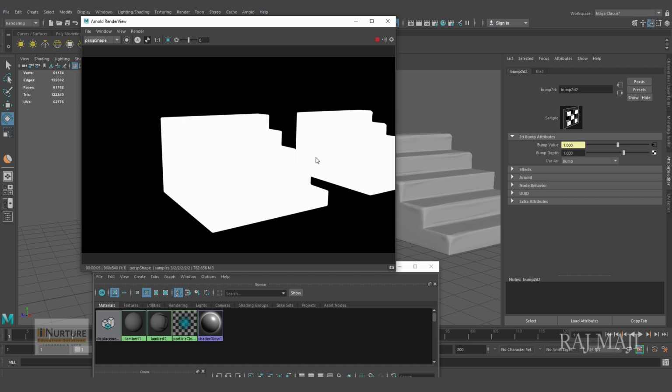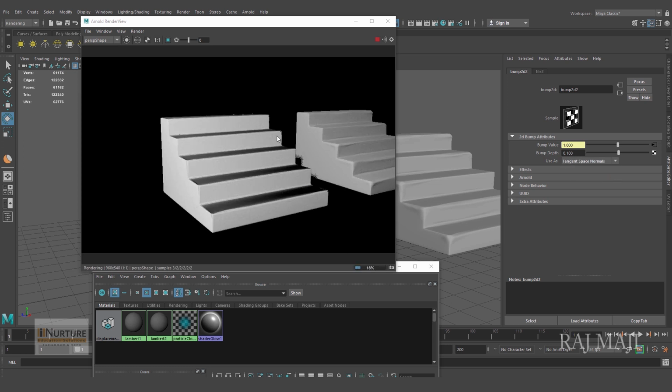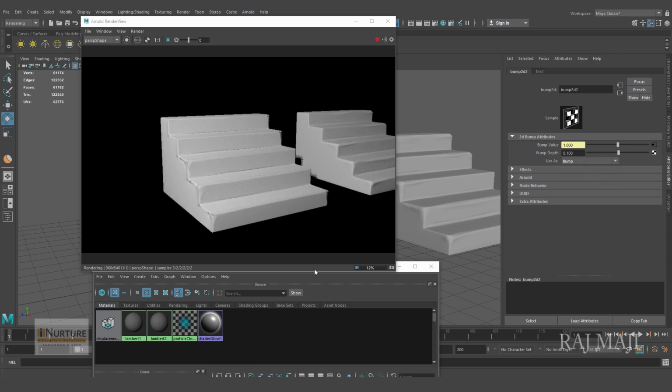This is the original surface, and it is actually not deforming the geometry. So that is normal map. I am making it 0.1, but it should be here. Maybe I will keep bump, but actually when you are creating normal map from a different software, it should be tangent space normal. Over here it is giving a very different kind of result, so I am keeping it bump for now.